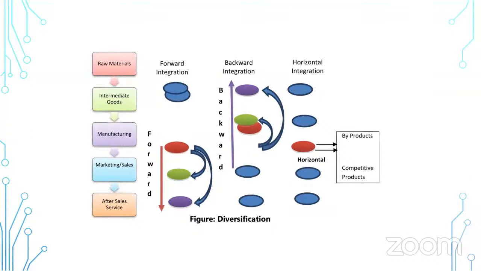When you go beside this manufacturing, intermediate goods में, raw materials में जब आप जाते हैं तो आप backward जाते हैं. Like अमूल दूध पीता है इंडिया,